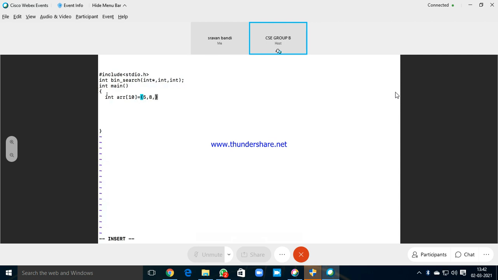This time I'm just taking inbuilt values. If it is asked in the program, you have to read these values from the keyboard. Each and every element has to be compared, and if we want to search the last element, I have to compare all the elements. So it is very time consuming.